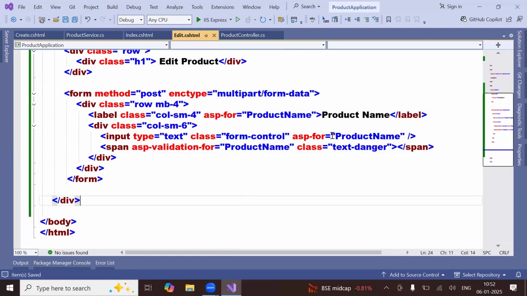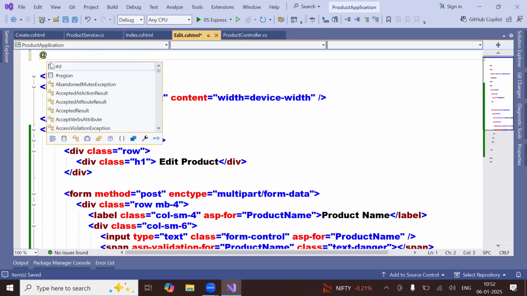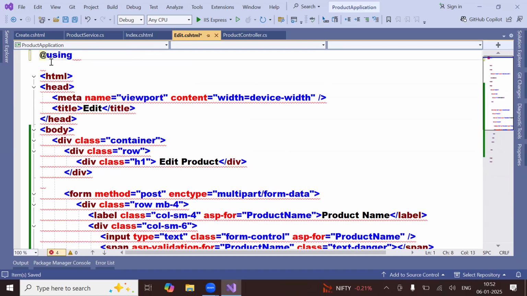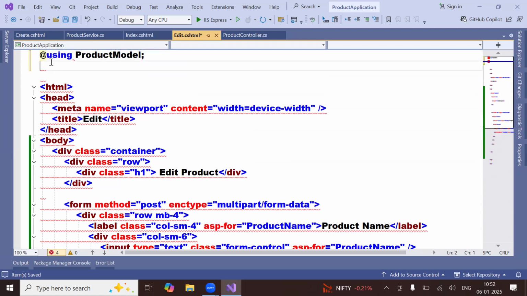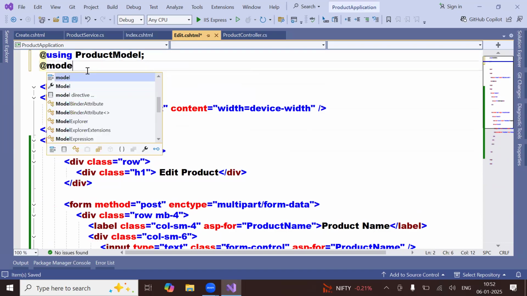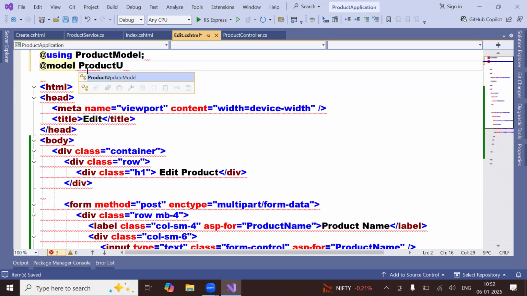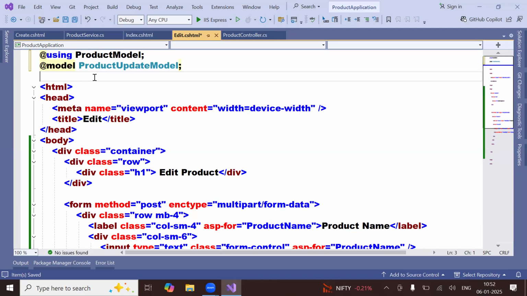Now, what you need to do is, sir, I am retrieving the data from the database. Here I need to get a model. Since it's a razor syntax, you have to use this using model, product model namespace. And then here I'm going to use model product update model is my class. Because this is the class you are going to use here. And then value equal to